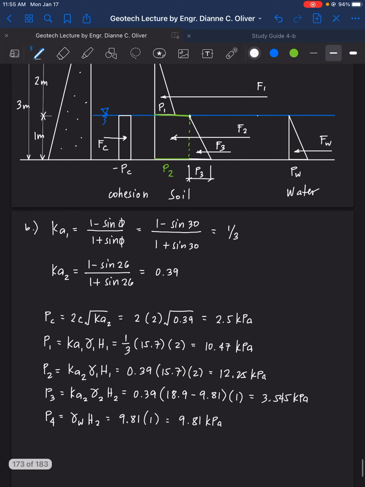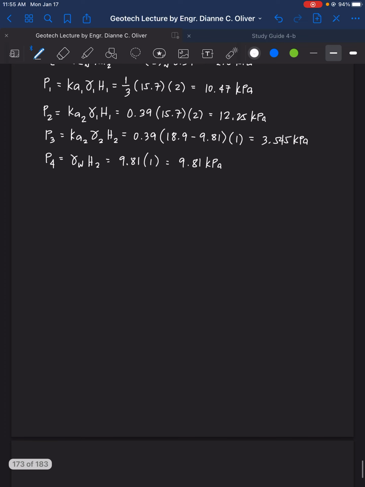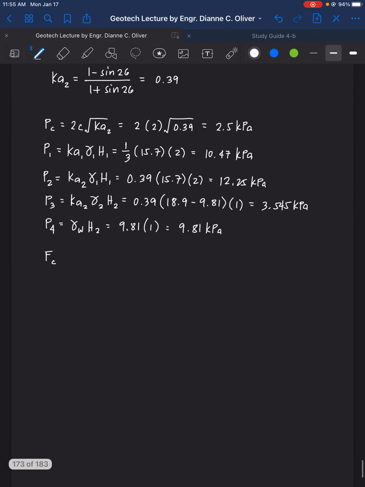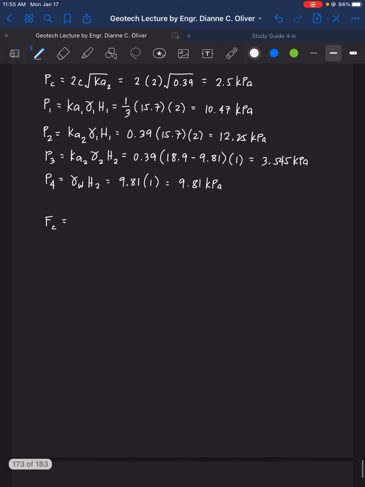So let's solve for force cohesion. Force cohesion is simply PC times 1. Uniformly distributed, so it's an area of the rectangle. So we have here PC H sub 2, PC is 2.5, H2 is 1, therefore FC is 2.5